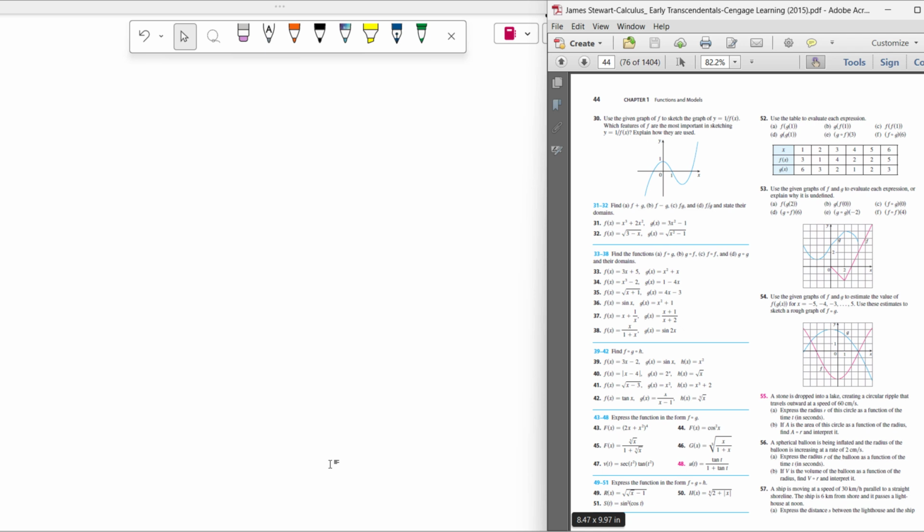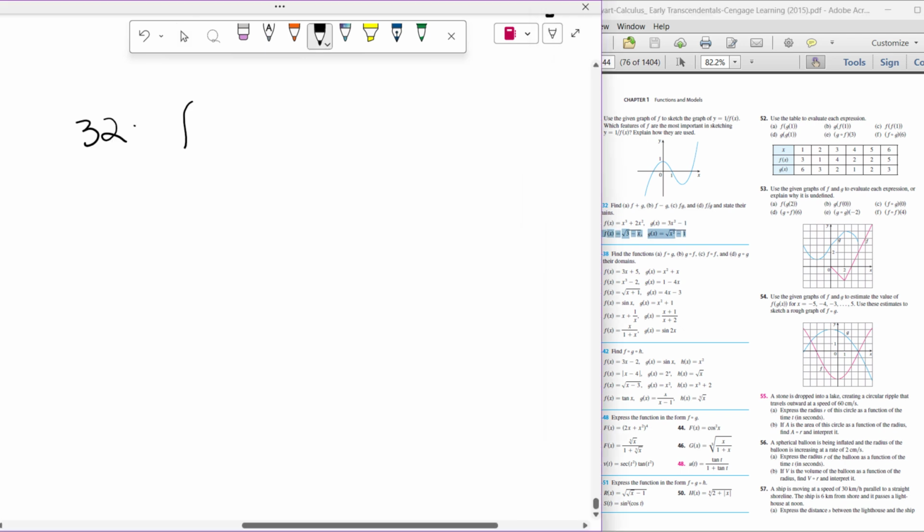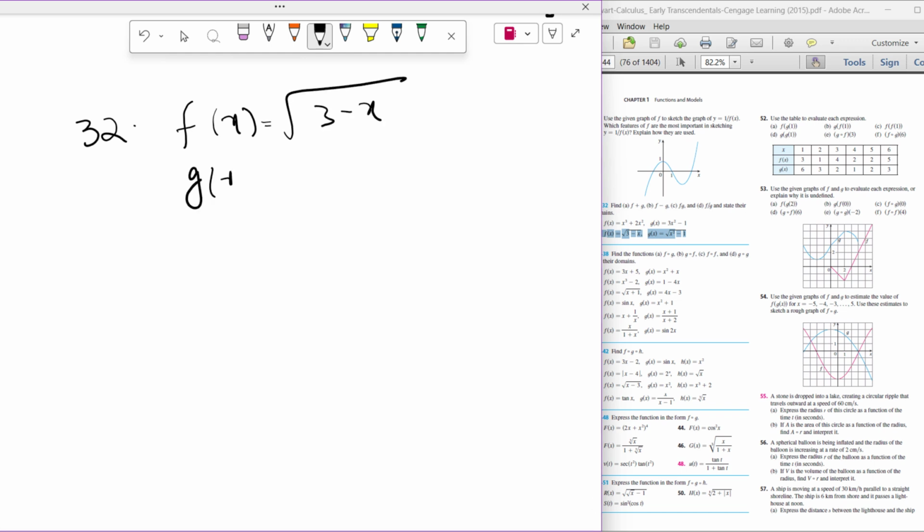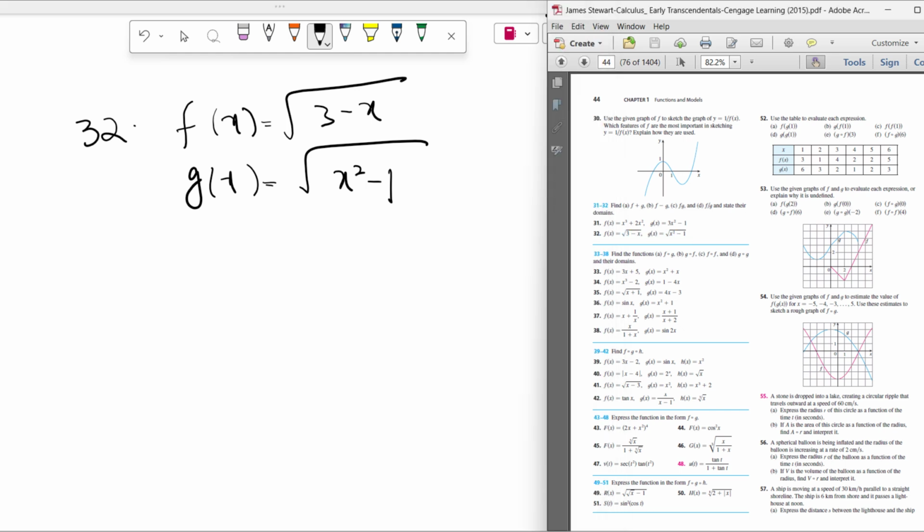In this lecture, we will do some problems related to the combination and composite of functions. So again, from chapter 1, topic 1.3, we have problem number 32: if a function f of x is equal to under root 3 minus x, and a function g of x is equal to under root x squared minus 1. Again, by using the same concept, we have to calculate f plus g, f minus g, f times g,